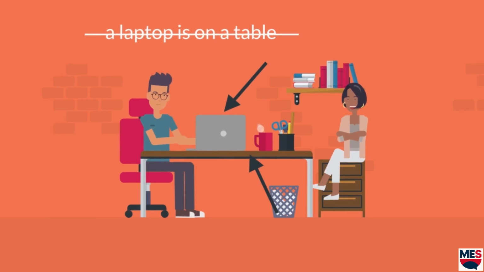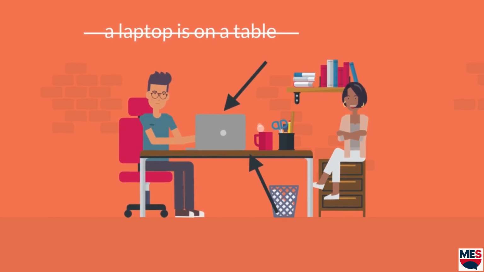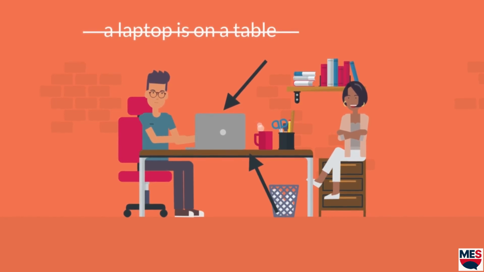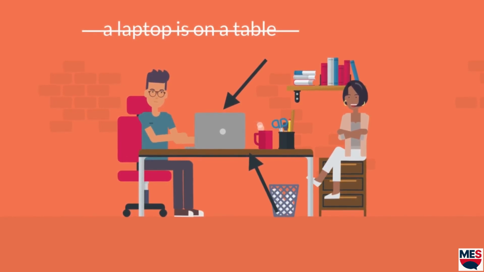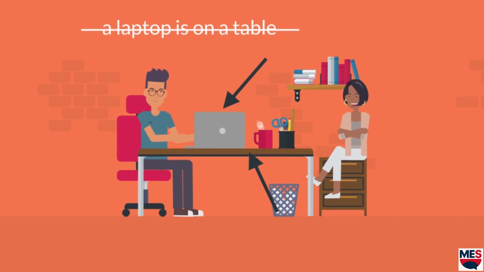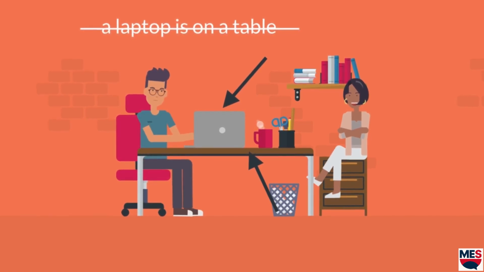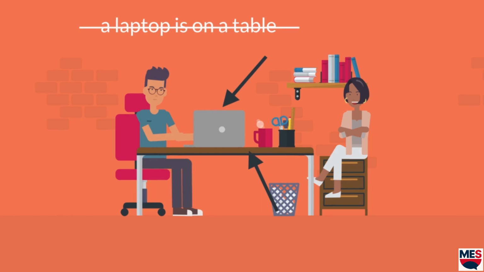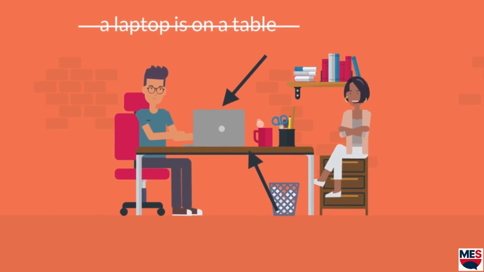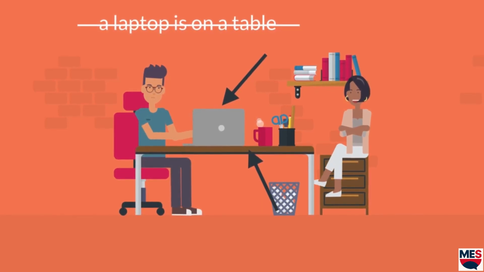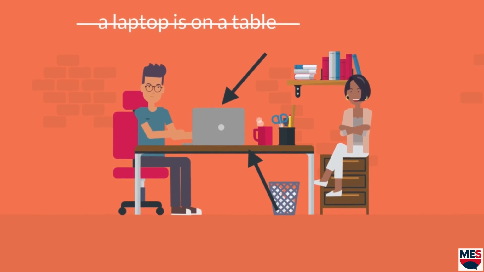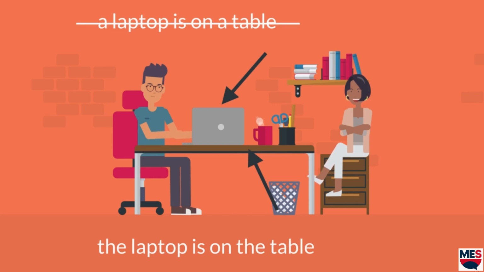No, because this is no longer some unspecified laptop, one of many. In this example, we want to talk about a very specific laptop, this one. So instead of article a, we're going to use another specific article, the